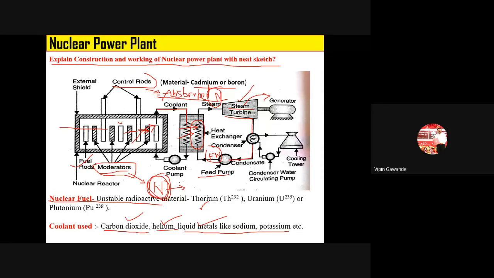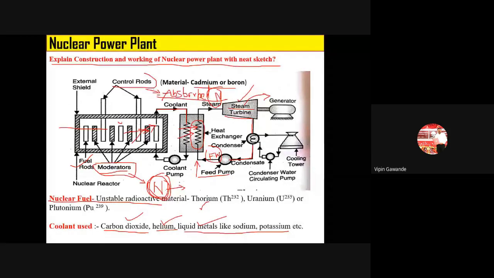Okay, there is another supply of water here, that is from the river. This is the extra supply of water. That circuit is not shown, but there is an additional circuit coming from the river. Now, the water which gets heated in the condenser is taken to the cooling tower, where it gets cooled, and the cooling water is again supplied to the condenser. Okay, so this is the working of the nuclear power plant.